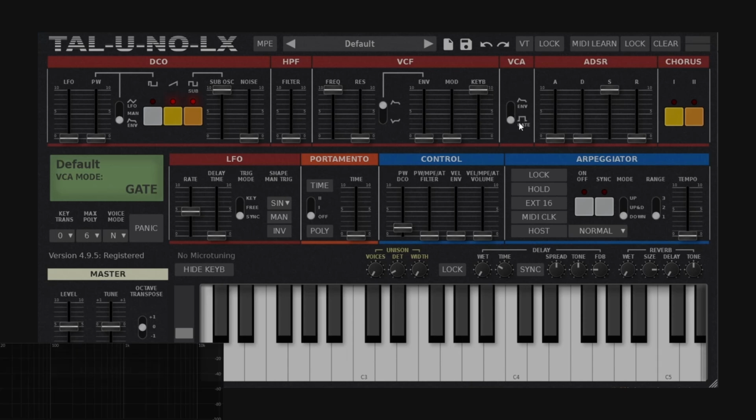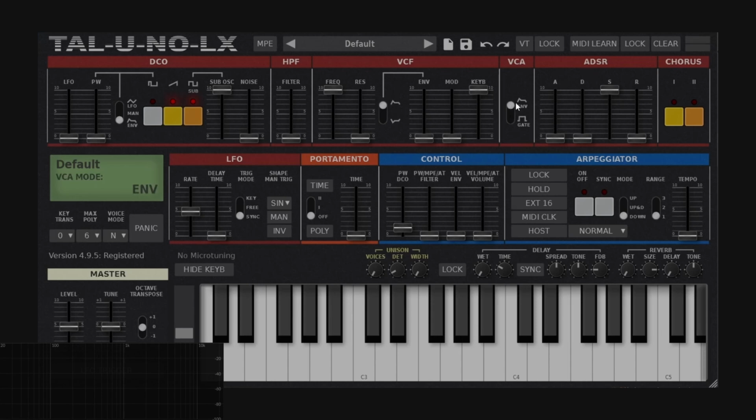How a gate works, it's just like the drawing right here, the icon. As soon as we play a key, the gate will open, it will let the sound pass, and I'm gonna release it in 3, 2, 1, and the sound dies very abruptly. This is why we see this shape. It opens and closes. Then the other way is by using an ADSR, which is what we have right here,